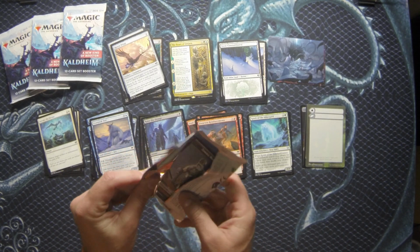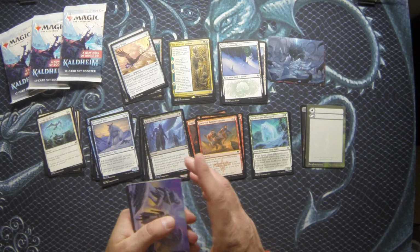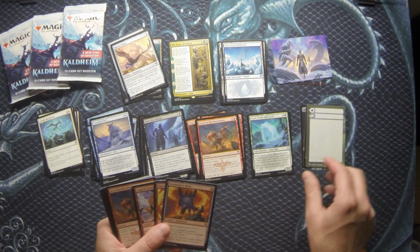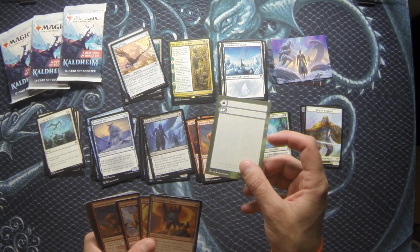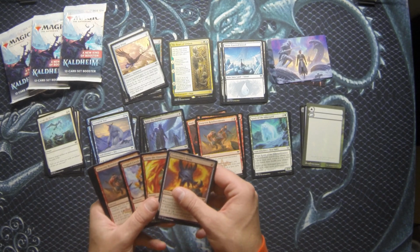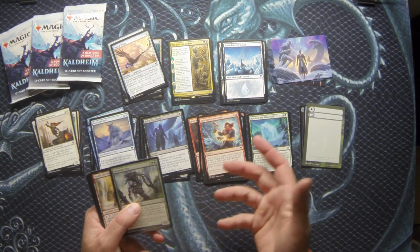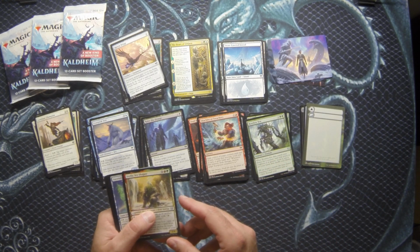They're not super necessary. But the other interesting thing about those tokens is they're numbered 1 through 9. So if you get a binder page and you put them into the binder in order, the watermark, which is kind of difficult to see on the camera here, but the border of it, and then behind the space is some art that actually creates a picture from the marquee or the theme art of the set. So here's Savala Ice Shaper,